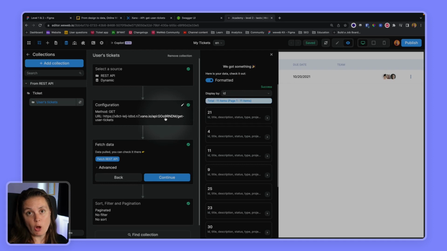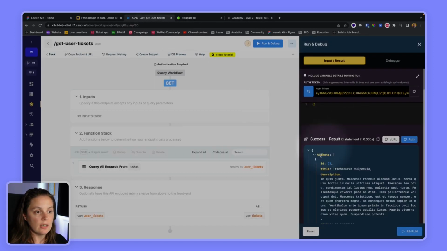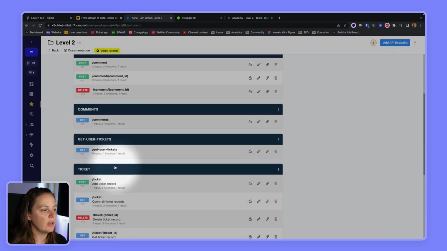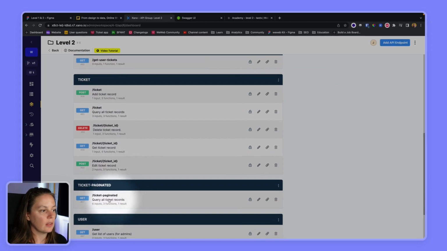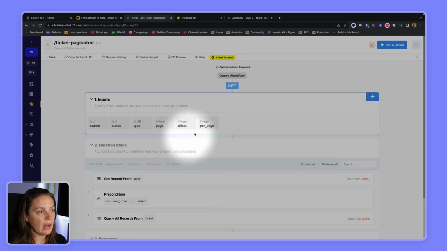Again, this will depend on the API that you are working with. So we recommend you have a look at their documentation and figure out in what form you want the data. In this case, there's no useful information associated with this tickets object. So we want to add the results key tickets so that we get straight to the point, straight to the list of items. However, if we start working with the list of paginated tickets, then we have a lot more